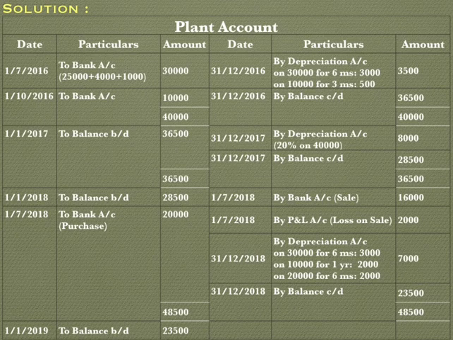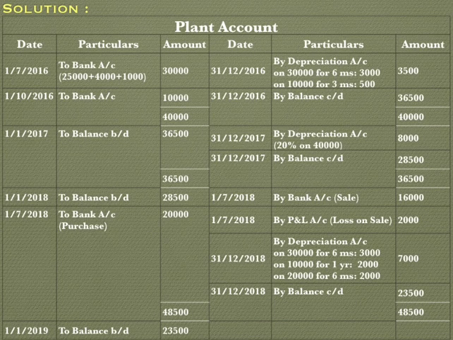On the credit side, 1st July 2018, "By bank account." I have specified "sale" here because this entry is made for the sale, and we can understand it by this. So by bank account the amount of the sale is written here, that is, the plant was sold for rupees 16,000. On the same date the new plant was purchased, so we will write this entry on our debit side as we are purchasing a new plant. Here we will write "To bank account," and in brackets I have given "purchase," so another plant for rupees 20,000 is purchased on 1st July 2018.